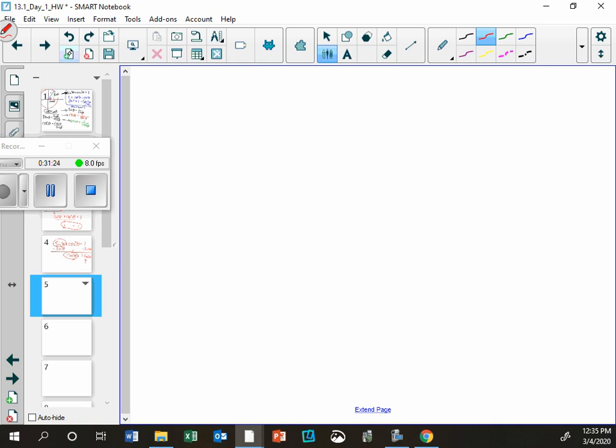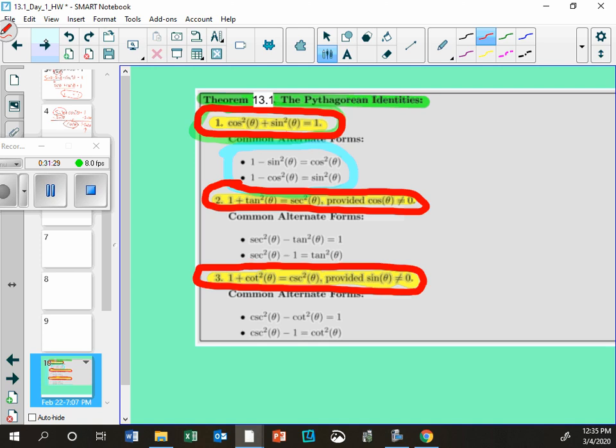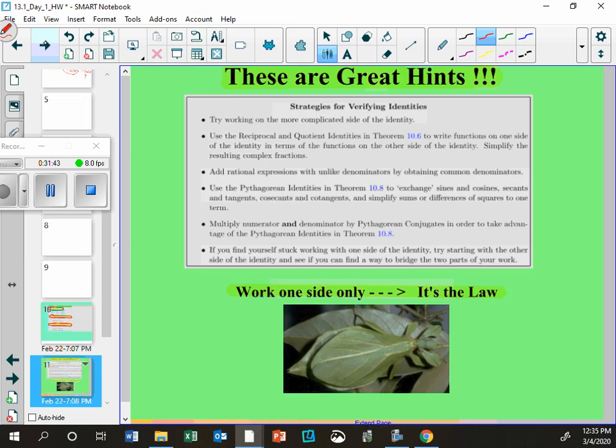So, let's get to the homework. Everybody try to find this page, it's in 13.1. This page is just the Pythagoreans that we already got, so no need to, I'm just reminding you that they're in the notes if you want them. And this is strategies. I've talked to you about these already. You can only mess with one side, and don't simplify something down super far. Isn't that the one where somebody wanted to replace sine squared plus cosine squared with 1? Well, what am I going to do with just a 1? It's going to be really hard to go from there.